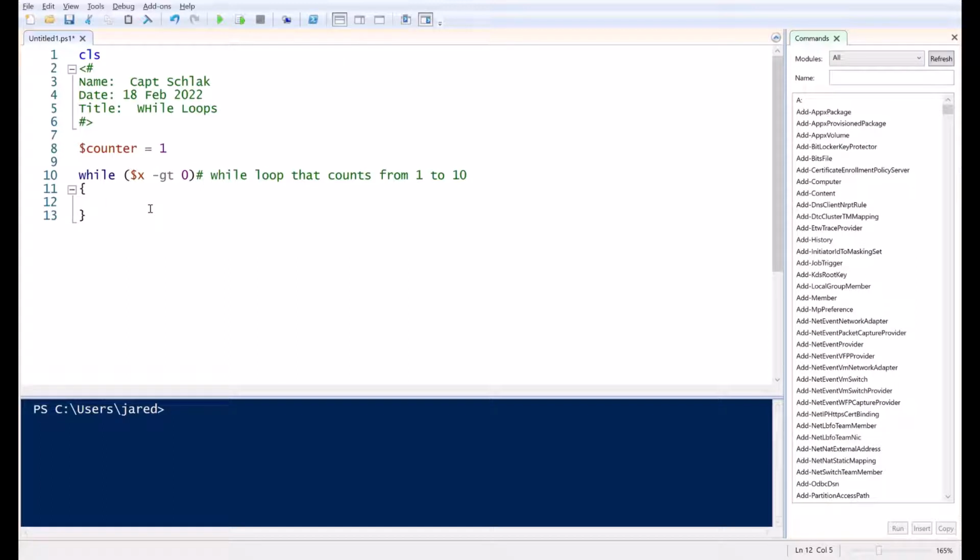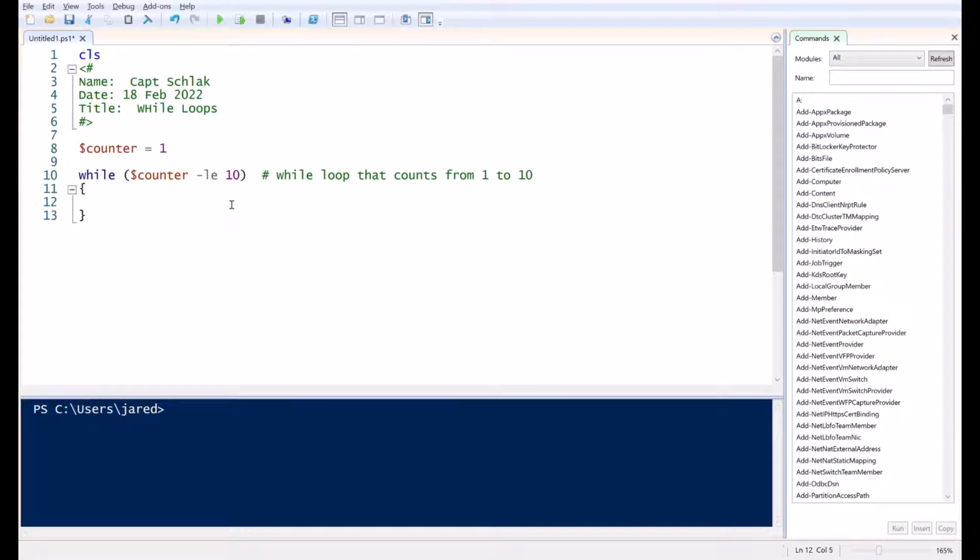So I know my variable that's in the conditional is going to be my counter. And if I'm trying to count from 1 to 10, I want it while my counter is less than or equal to 10. To do less than or equal to, you do LE 10. Now, while my counter is less than or equal to 10,